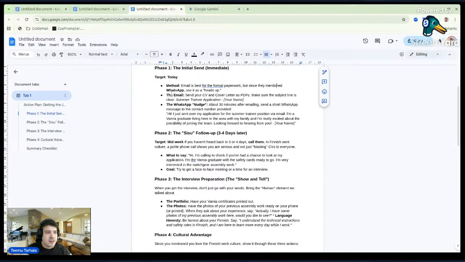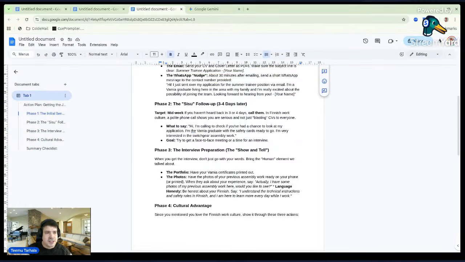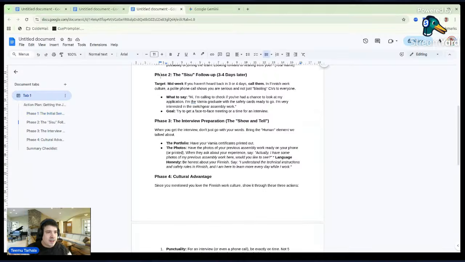Then we send the email and cover letter there, and then a WhatsApp nudge about 30 minutes after sending the email. And then we try to figure out a question, what to ask from those people. And then follow up in 3 to 4 days. And then that's the time when we try to get an interview time. So that was our basic plan, what we created yesterday.